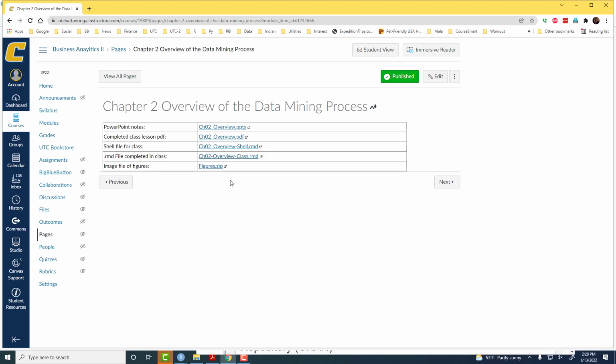So go ahead and download the zip file and unzip it and have it in your folder, so you won't get an error when we use the shell file. Okay, and then once you have done that, open the shell file,